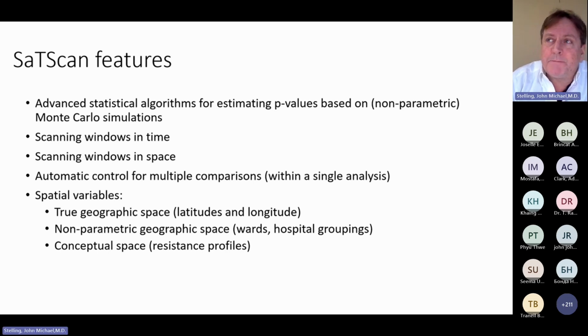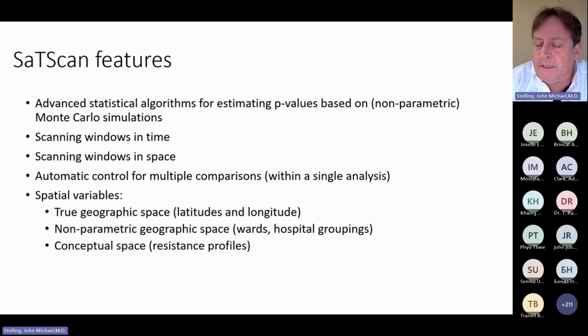With hospital groupings, 2 miles is a very large distance inside of a city. And in Boston, we have several hospitals within 2 miles of each other. But out in the community, 2 miles in a remote area is not very far. So that's why even for hospitals where we could use latitude and longitude, we often find that grouping them together